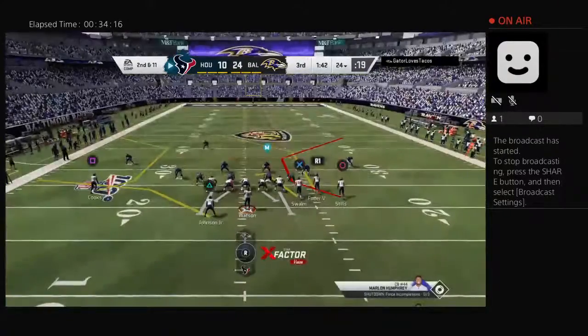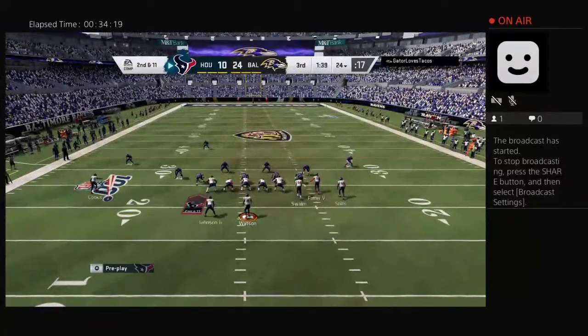A loss of a yard there to start out. That leads to a 2nd and 11. Under 10,